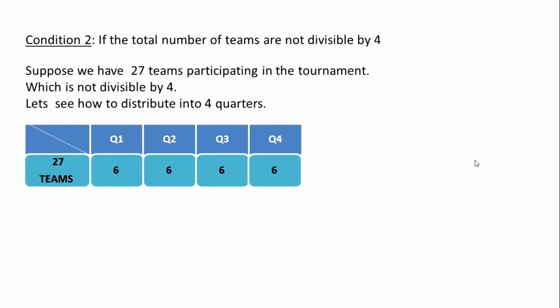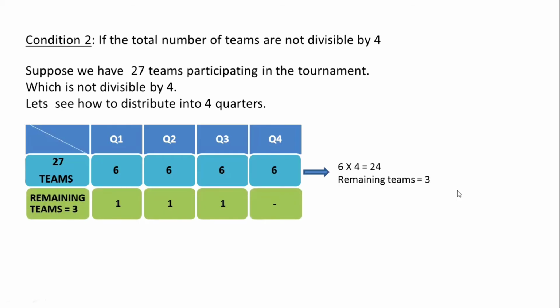We have taken 27 teams and these teams are divided into 4 quarters with 6 teams per quarter, 6 fours are 24 teams, and remaining we are having 3 teams. And these 3 teams should be divided into these 4 quarters. So as I told you before,